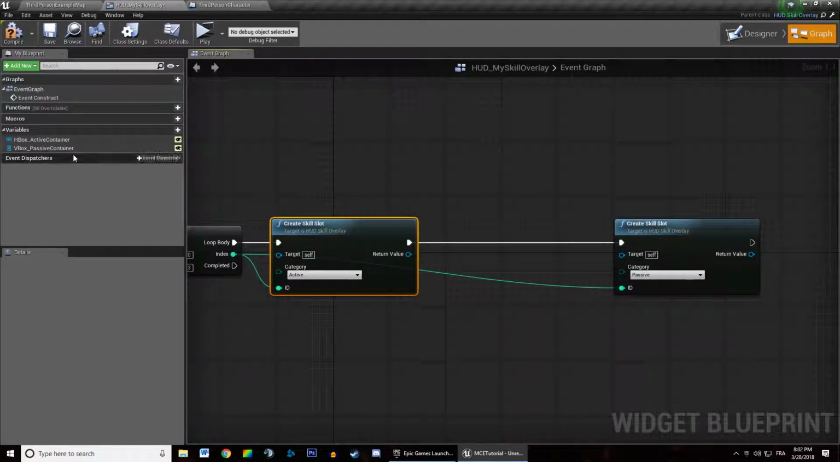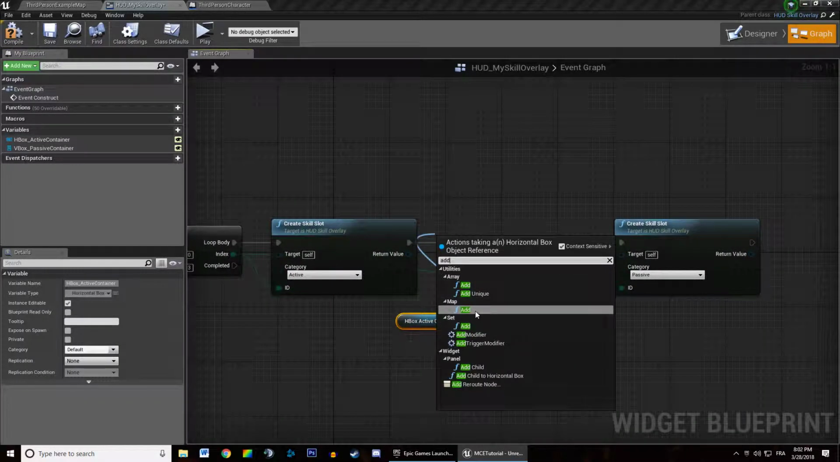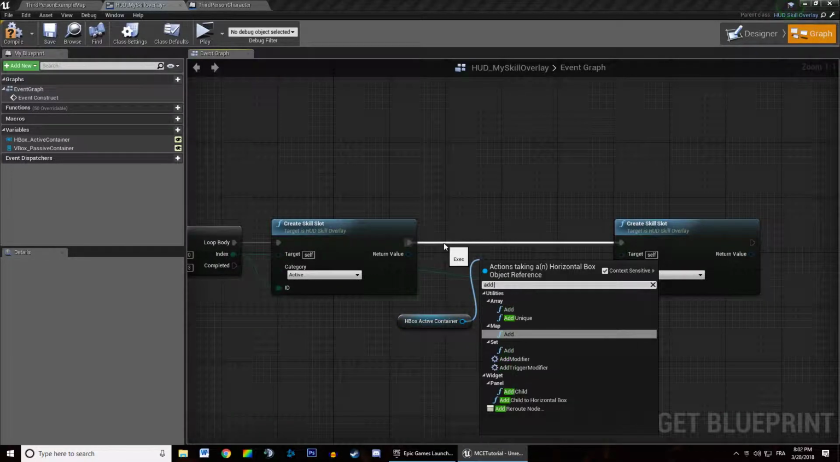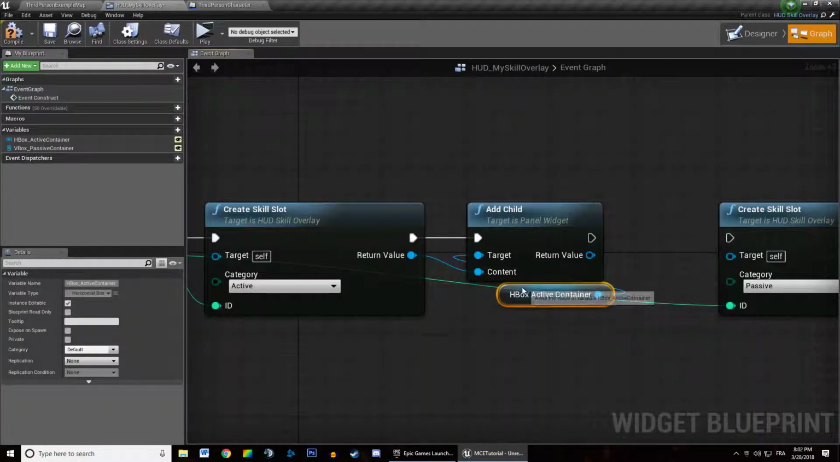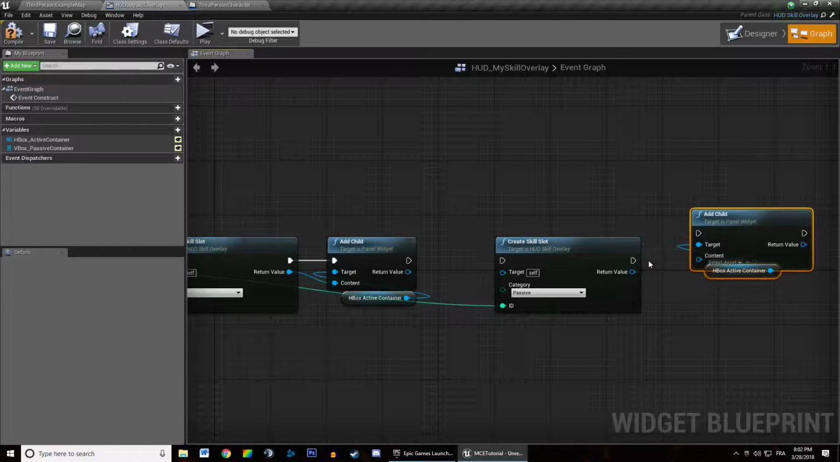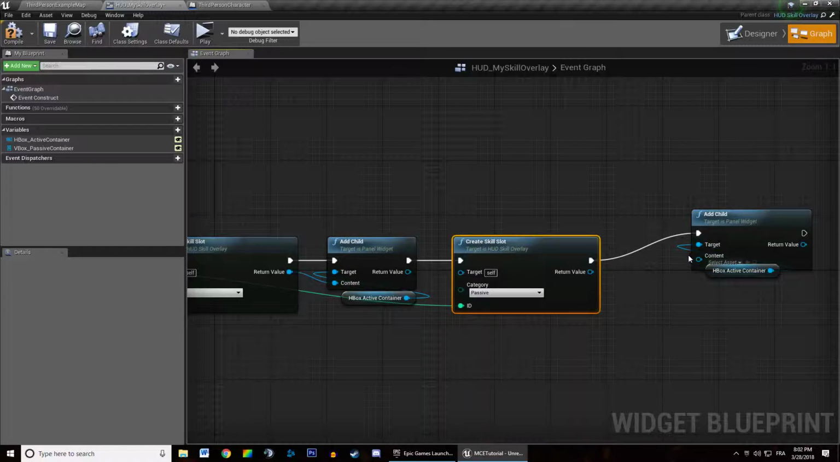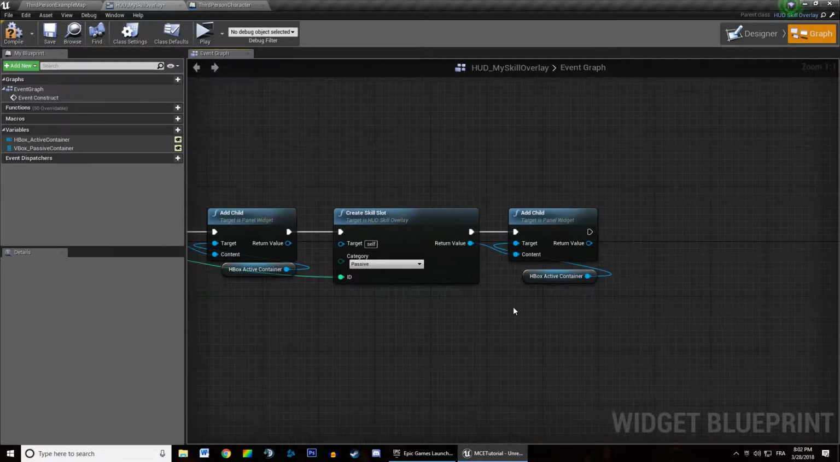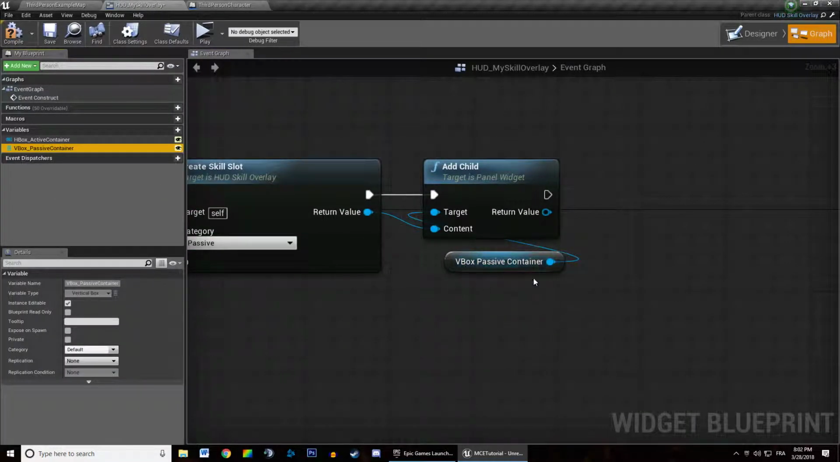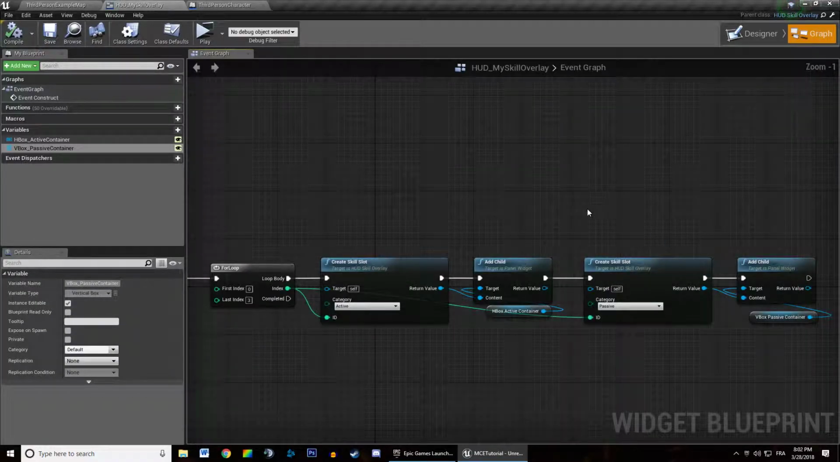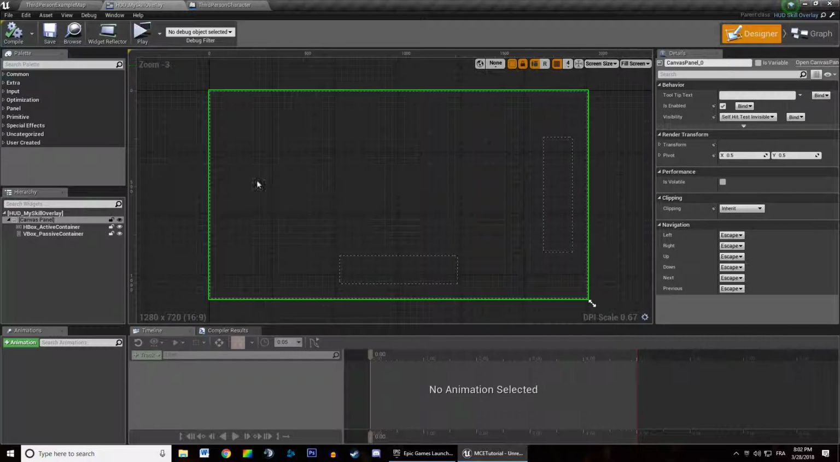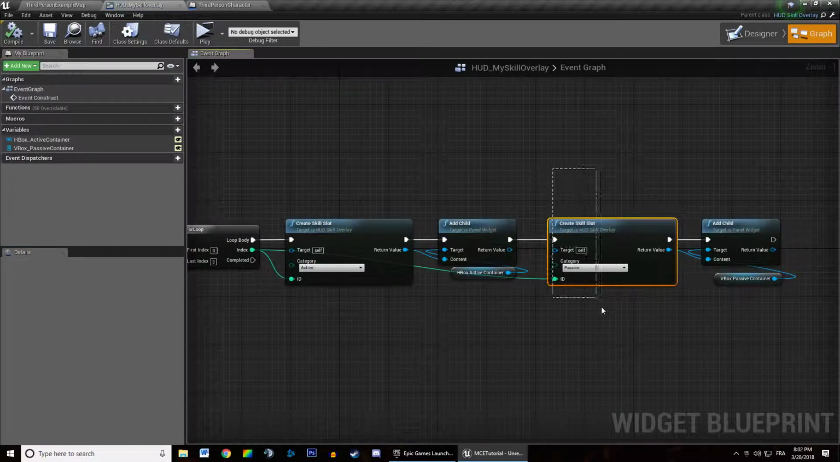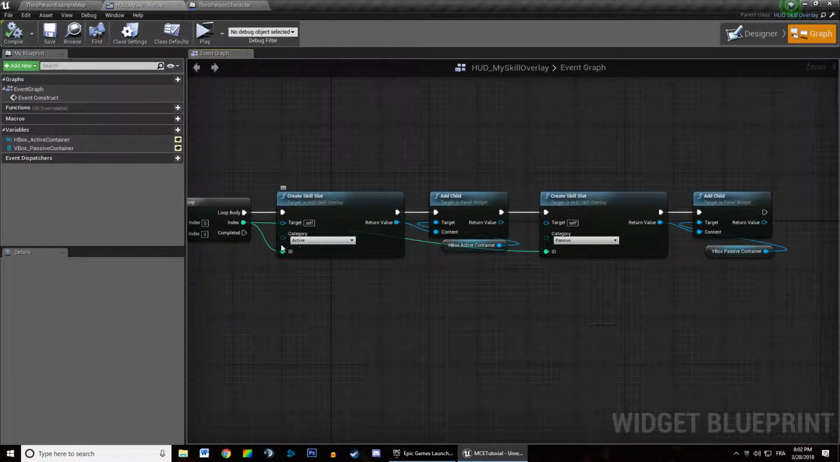But that skill slot, we want to add that to our horizontal box. Not that one. We want to add child like this. And we want to add the skill slot we just created. Then we also want to do that for our passive skill list. So we'll just drag and drop the passive container there to replace the active container. So we've set up this. This is actually a full screen widget displaying 2 skill lists, which have both 4 skill slots for active and